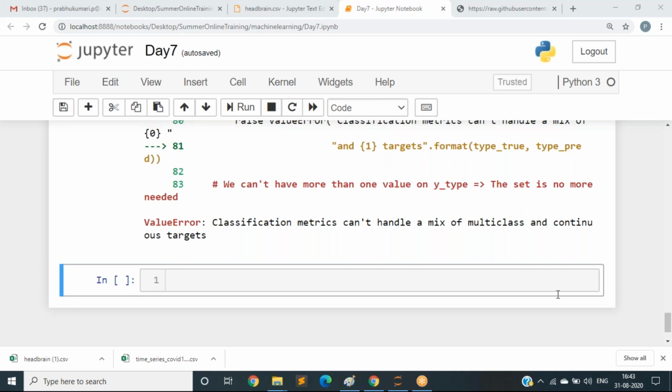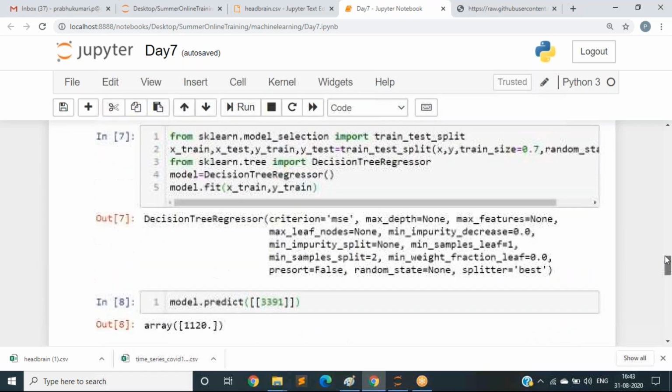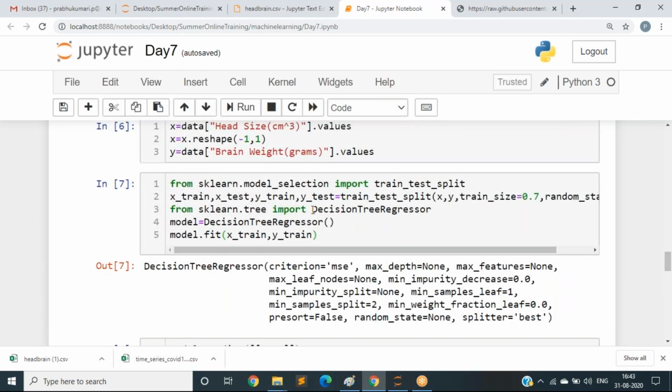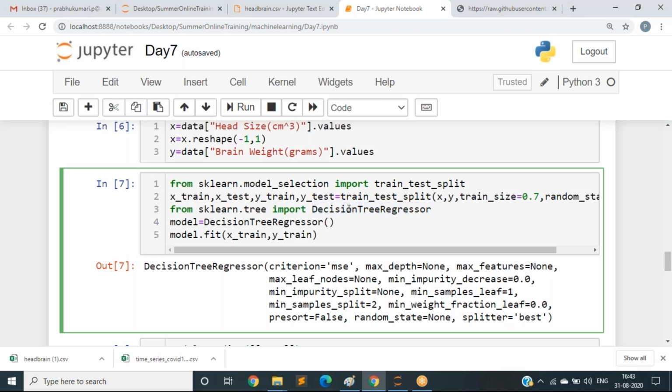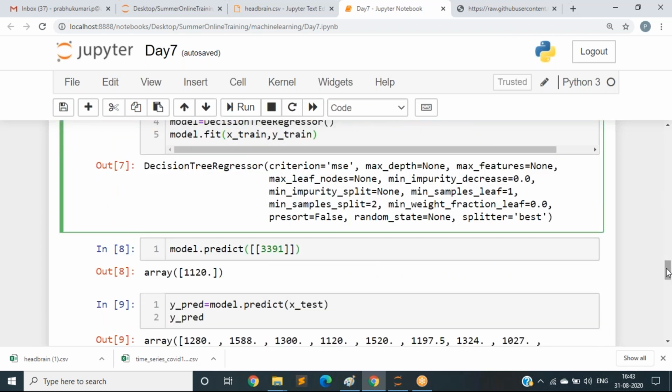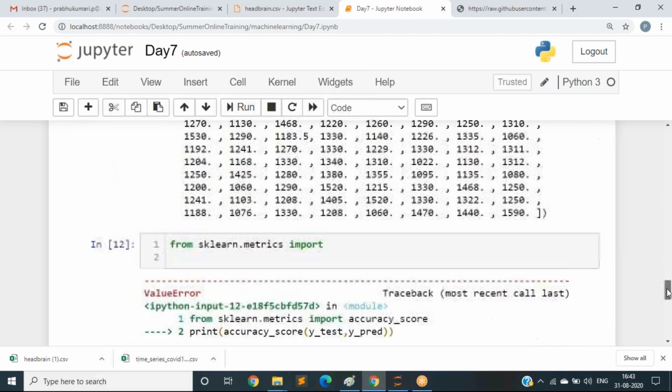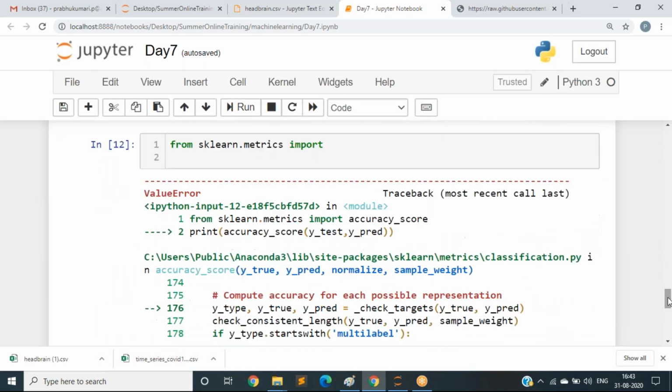Yes, ma'am. See, we have done with the decision tree. What I have told, why we are going for the decision tree, is to get more accurate results when compared to the linear regression. Now your job is to apply the same algorithm. What you should do here is import the linear regression, apply it to the linear regressor, and see the accuracy. You will find the difference here. And afterwards we will see the decision tree also.